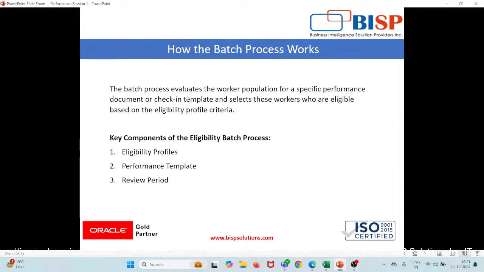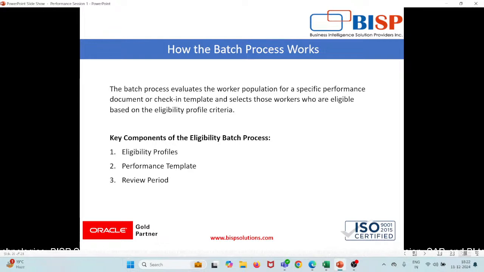So the batch process is going to evaluate the worker population for a specific performance document or check-in template. We have not discussed check-in template yet till now. So based on the performance document or check-in template, it selects those workers who are eligible for the eligibility